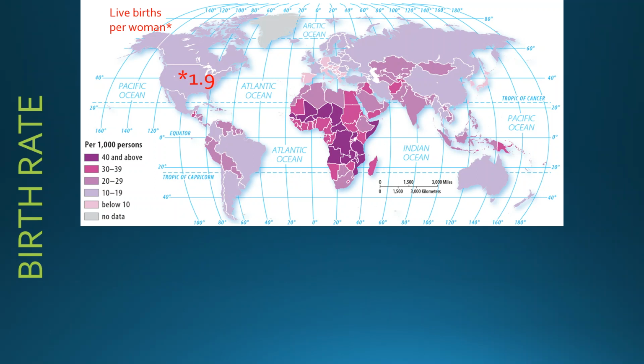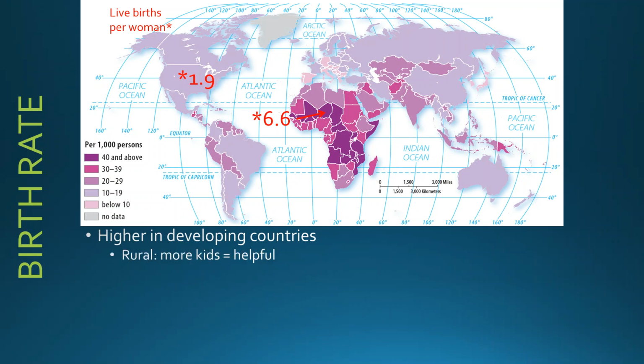I'm only going to have one child, and that is getting increasingly common as opposed to when I was a kid. It was much less common to just have one child. Again, if we look at Niger, on average, women there are having 6.6 live births. So again, higher in developing countries.